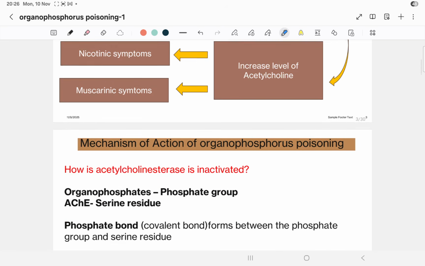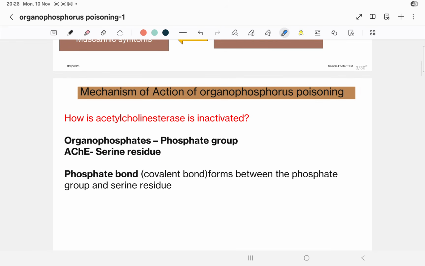Now coming back to this slide, how does acetylcholinesterase get inactivated? What happens at the molecular level which inactivates the acetylcholinesterase? Acetylcholinesterase gets inactivated via phosphorylation. What do we mean by that? Organophosphates have a phosphate group and acetylcholinesterase has a serine residue. Both these entities, the phosphate group and the serine residue, make a phosphate bond or a covalent bond. This phosphate bond, a type of covalent bond, is a very strong bond,